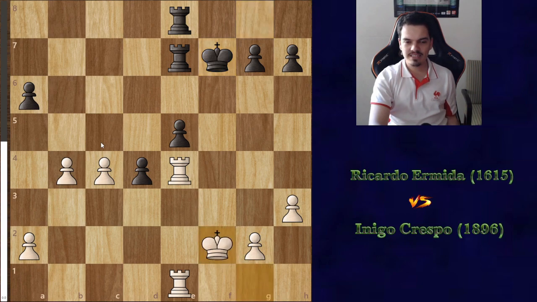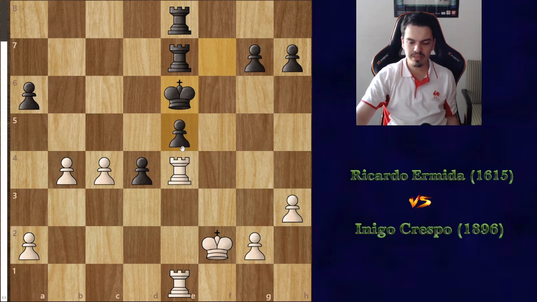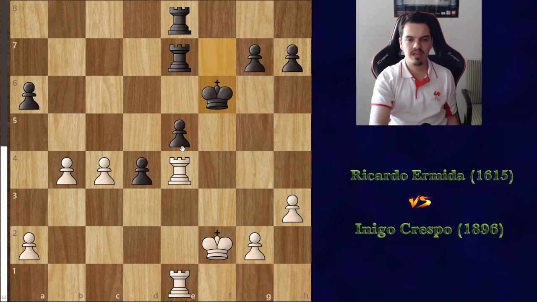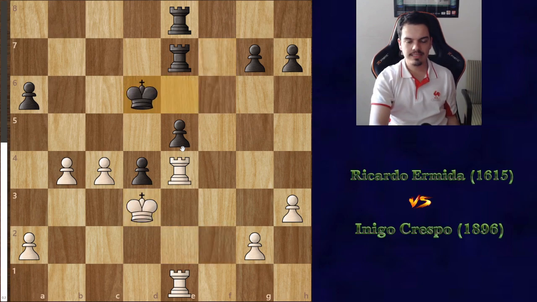King f7, I decide to also bring my king. Important to note that here black played king f6. Very important that my opponent can't really get to e6 that easily because this pawn would be hanging. So he plays king f6, and here I play king e2, king e6, king d3, king d6, and we have